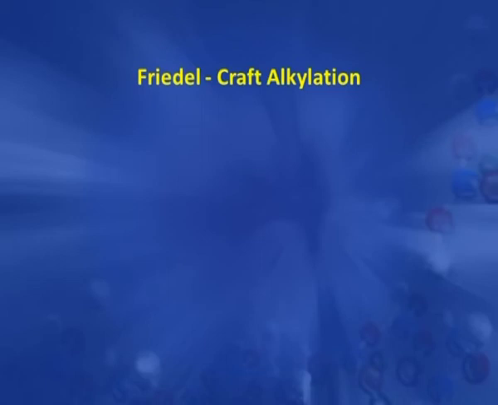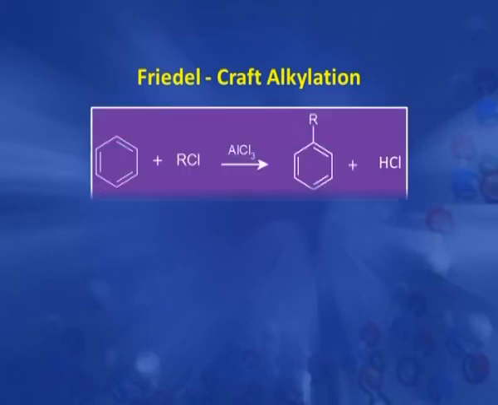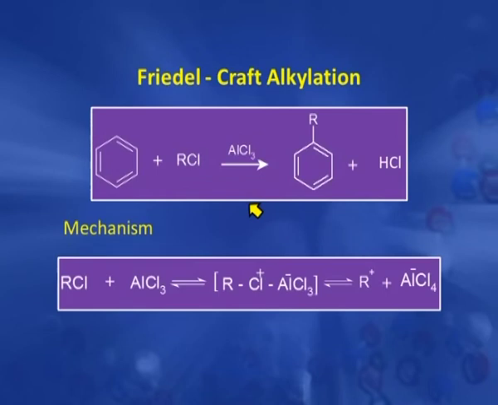The next example of electrophilic substitution reaction is Friedel-Crafts alkylation and acylation. This reaction was given by two scientists, Friedel and Crafts, and that is why it is known as Friedel-Crafts alkylation and acylation. In this reaction, benzene reacts with alkyl halide in presence of a Lewis acid to give the alkyl benzene and HCl. Now, here again the role of the Lewis acid is in production of an electrophile, that is this alkyl carbocation,